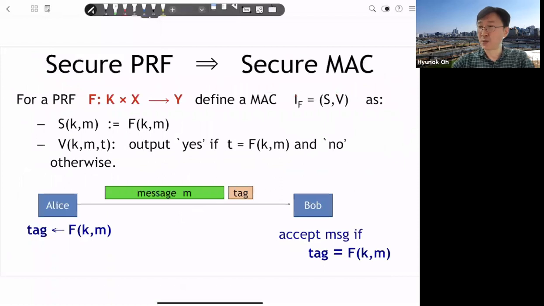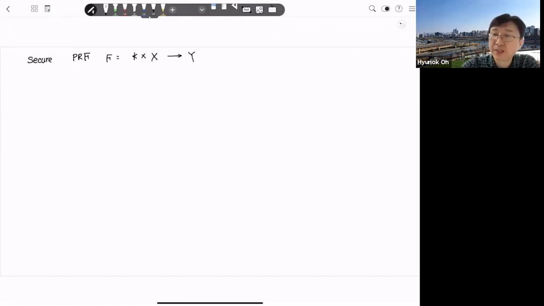Okay. So what we'll show is, if we have a secure PRF, a random function F, that means the key is given, the domain message is given, then the output is given. So that is secure. Then using this PRF, we can make a secure MAC,